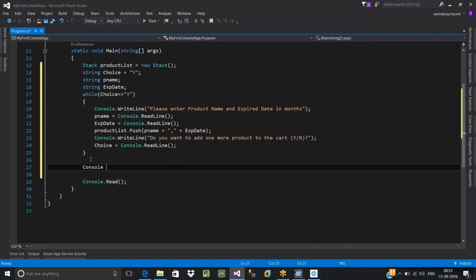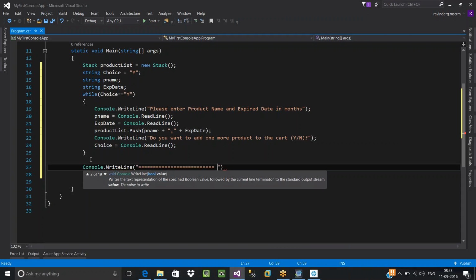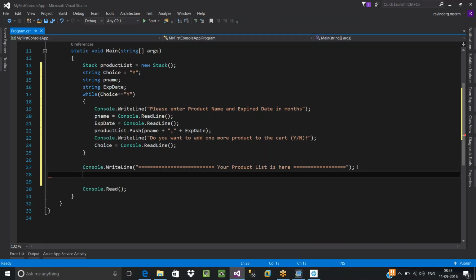Console dot write line, your product list is here. While